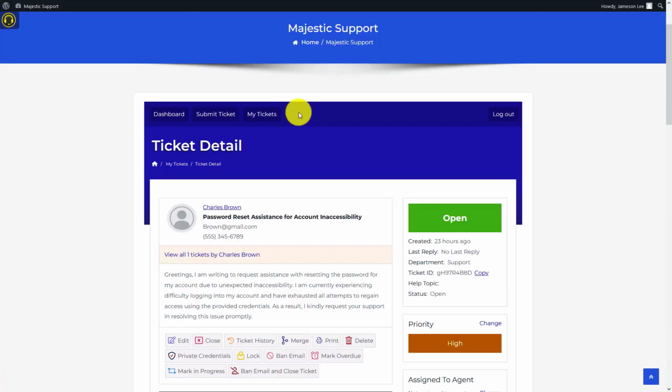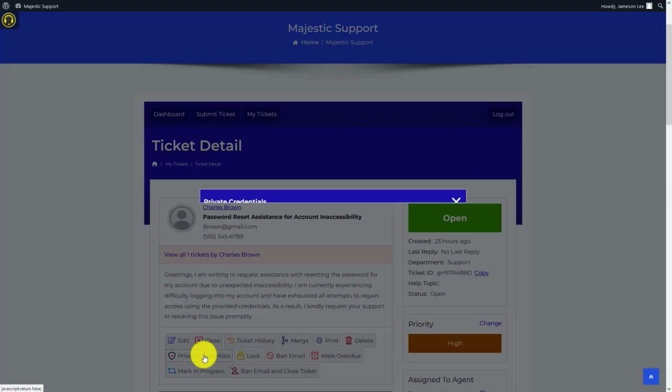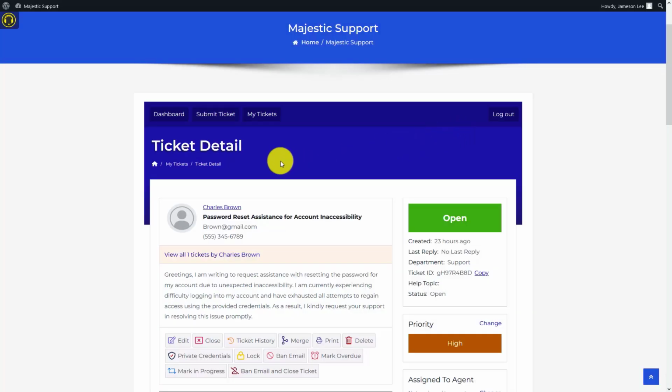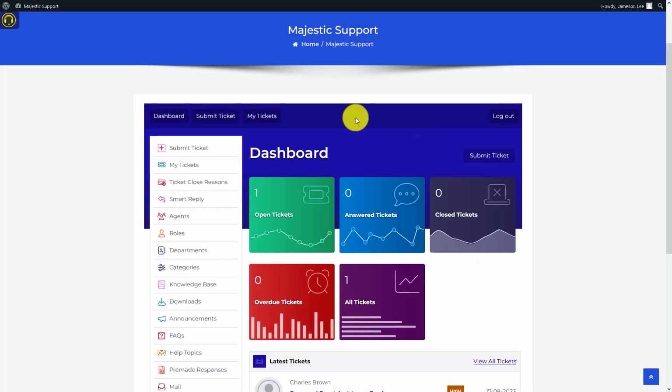With the private credentials add-on, users can add as many credentials as needed, which are neatly separated into data cards, and only those agents can see these private credentials who have permission to view them from the administrator. Once a ticket is closed, its private information is promptly deleted from the database, reducing the amount of sensitive data stored and making it less appealing to